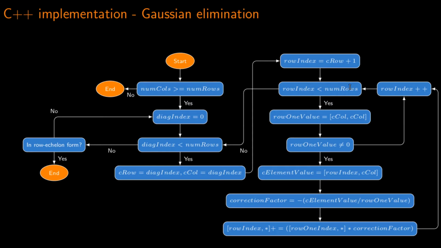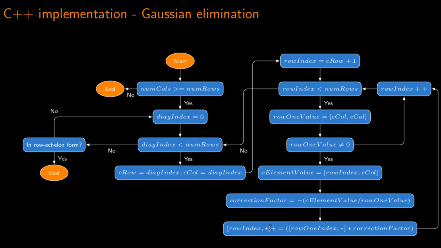While row index is less than the number of rows, so this is another loop, we then set row 1 value equal to the value of the matrix at C col, comma C col. If that value is not equal to 0, we calculate the element value, which is simply the value of the matrix at row index, comma C col, and then we compute a correction factor equal to minus C element value divided by row 1 value that we've just got from here,